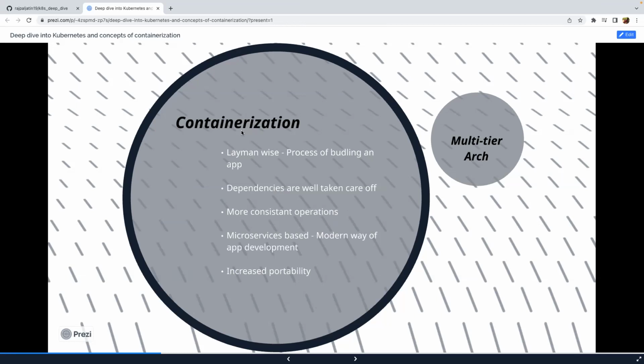Now, from this containerization perspective, if I take a deeper dive, that was a quick introduction to why it was needed. Now, if I take a deeper dive into containerization, what exactly is that, in layman terms? We can say that it's a process of building an application, or I would say bundling an application. With that bundle, you should be able to take care of all the dependencies. For example, you have your application, which is dependent on maybe 10 different packages, so you can bundle everything and basically deploy it. That's how your dependencies are well taken care of.